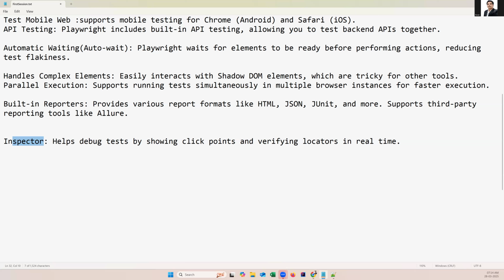But in addition, Playwright itself supports some more locators. Like in Selenium, we have friendly locators like above, below, right side and left side. So Playwright also supports its own locators. We will discuss that. That is the Inspector. Through this component, we can inspect the element, we can capture the locators